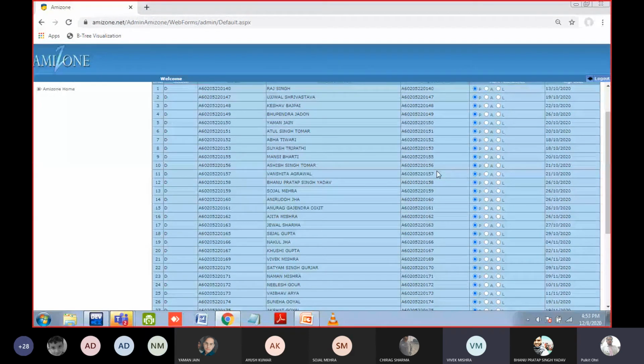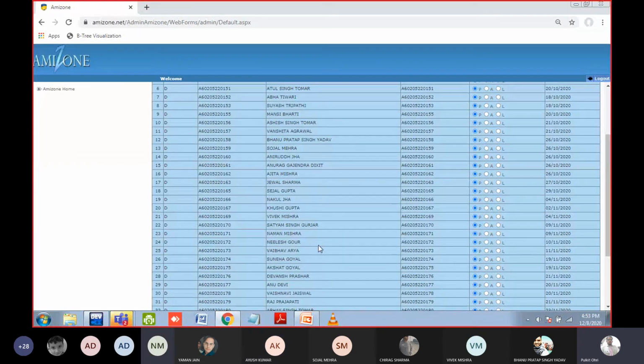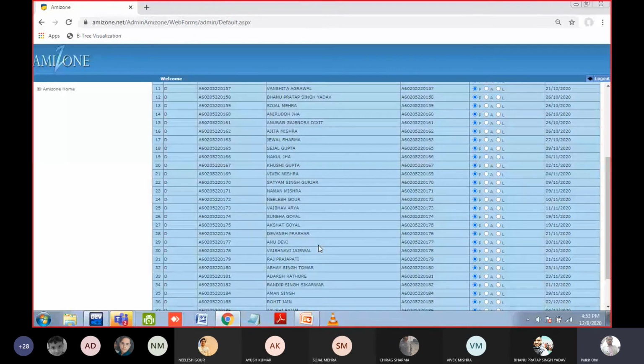Satyam. Present, sir. Satyam is there. Yes, sir. Okay. Naman is present. Nilesh. Nilesh present, sir. Vaibhav is there. Suneha. Present, sir. Akshat. Present, sir. Devansh. Present, sir. Anu is present. Vaishnavi. She is also present, attendee, sir.